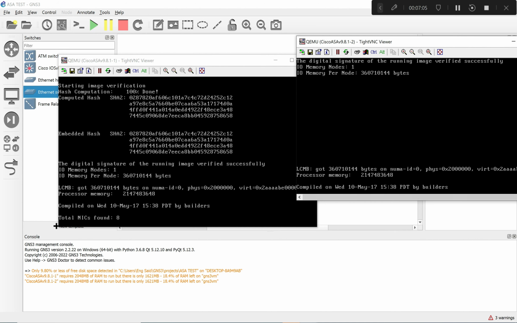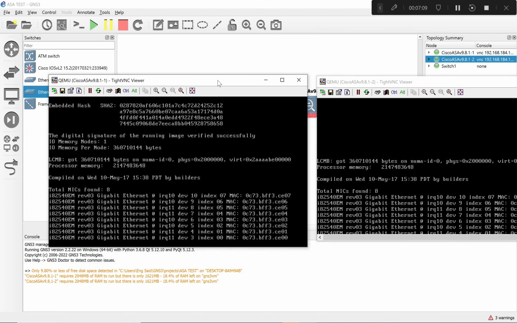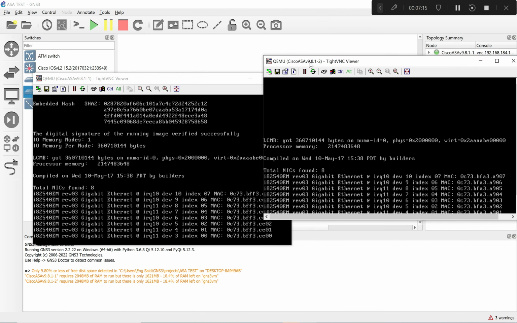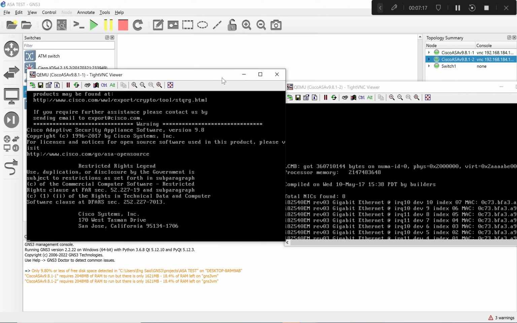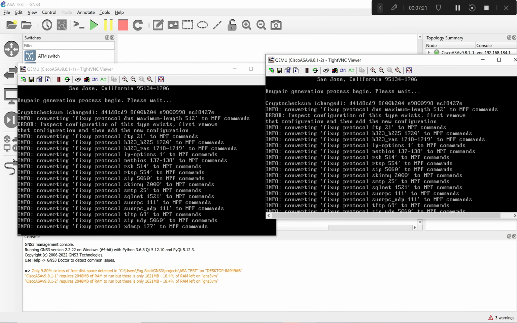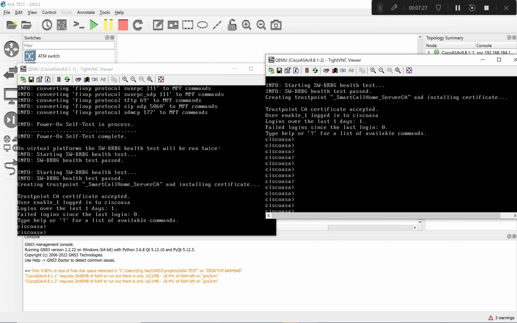Because they are heavy on the CPU and everything. The reason I'm comparing both of them is that I want to show you when they finish, and then we can put in an IP address, and I'll show you what's going on here. You see,